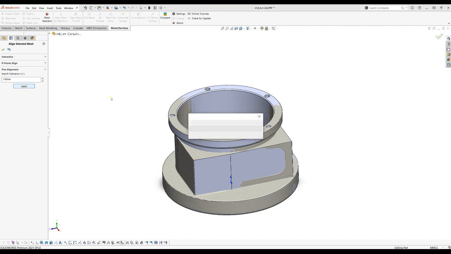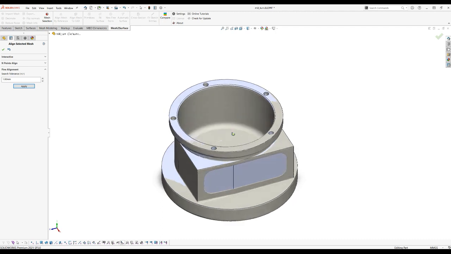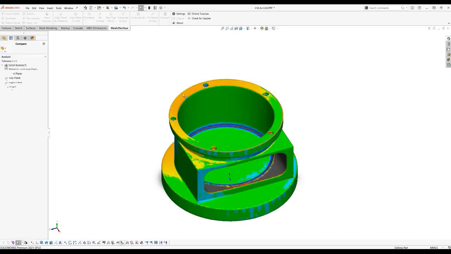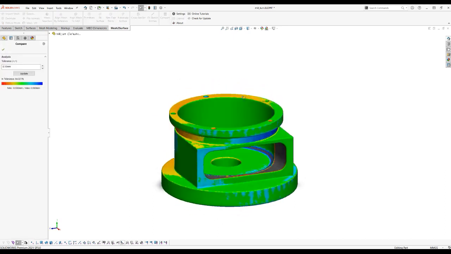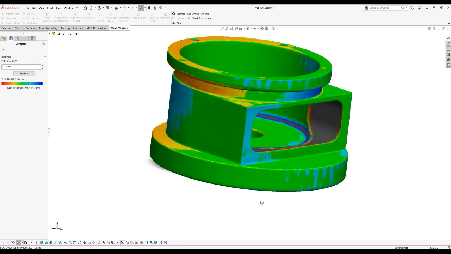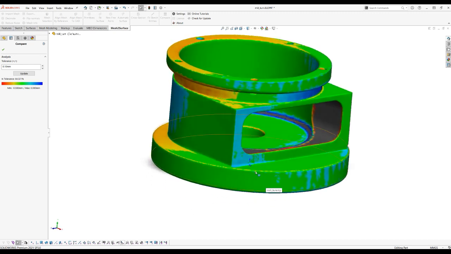So when you're happy with this, you just press apply and you wait for the result. The software uses all the points here and optimizes their position to match the model. When you're happy, you press OK, and you can always just go and compare your results. I would say that we got a bit closer, but I want to show another way to improve your alignment, and that is by using